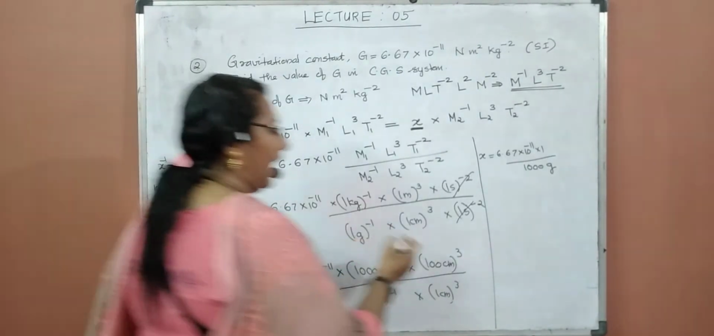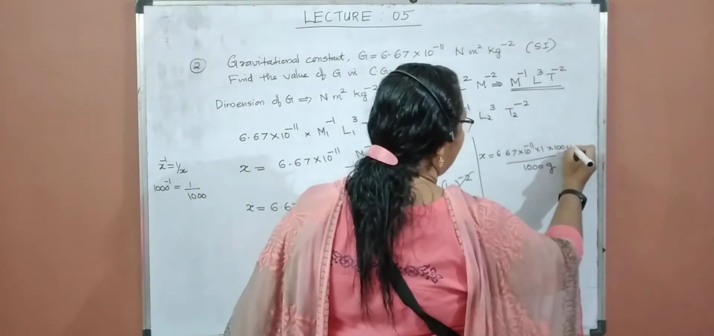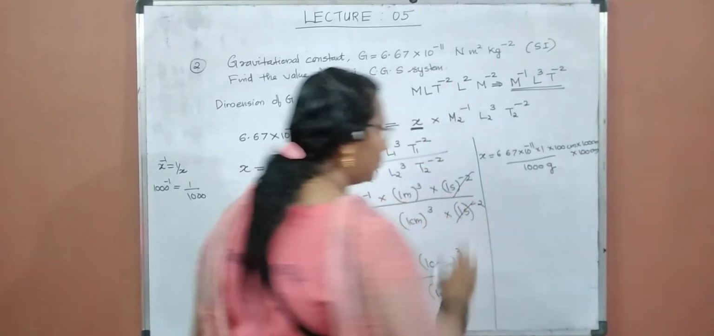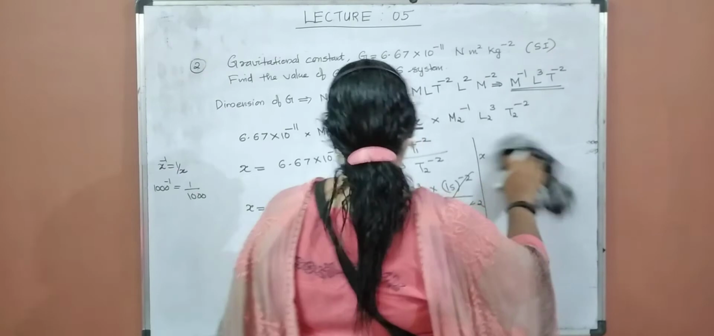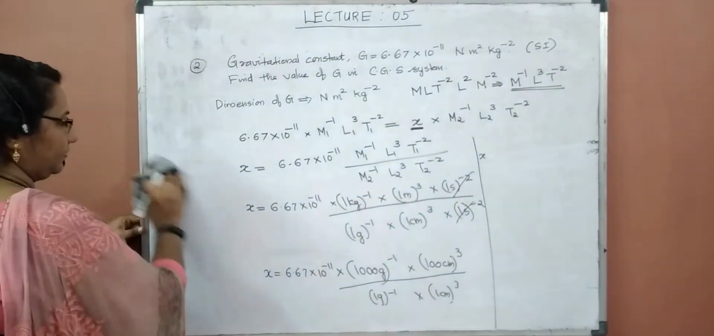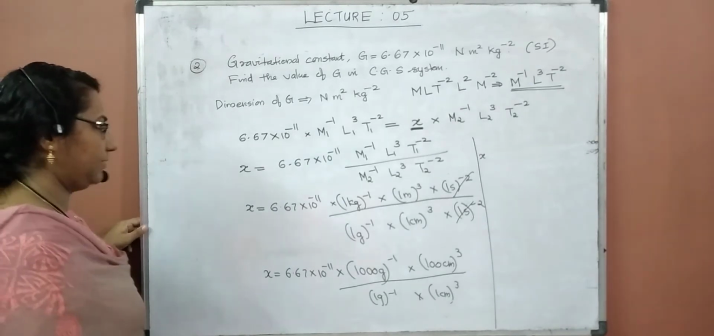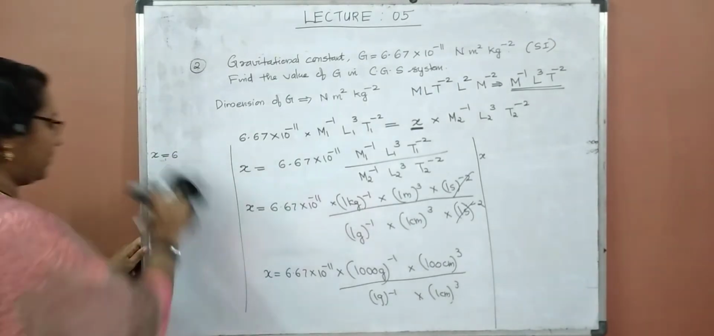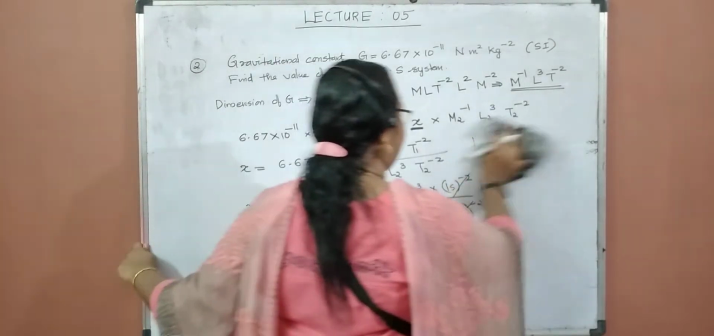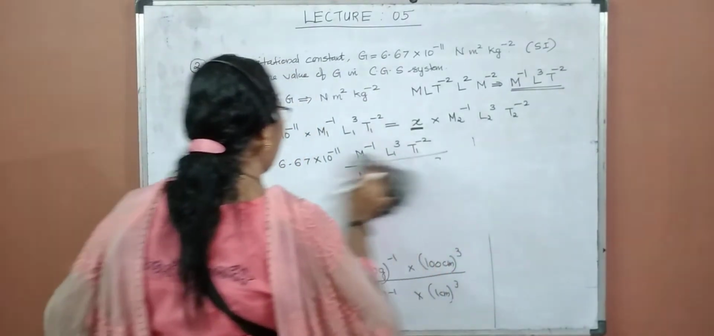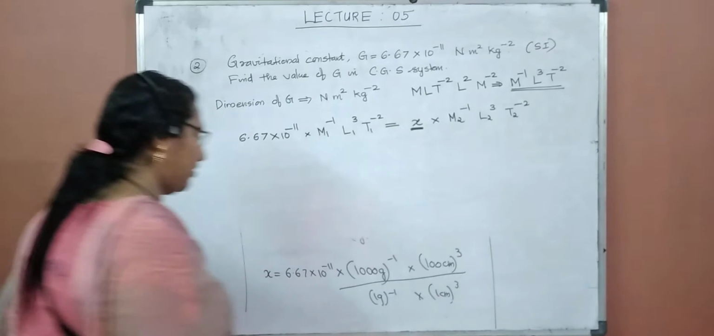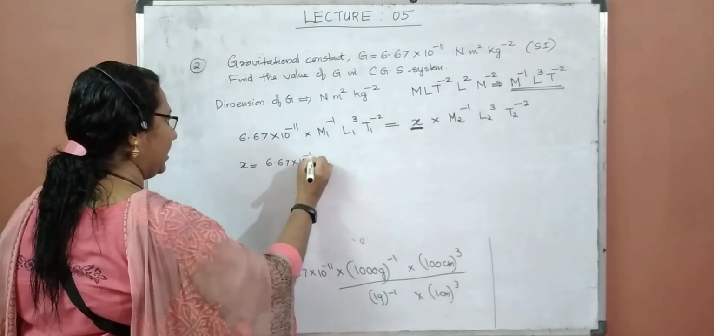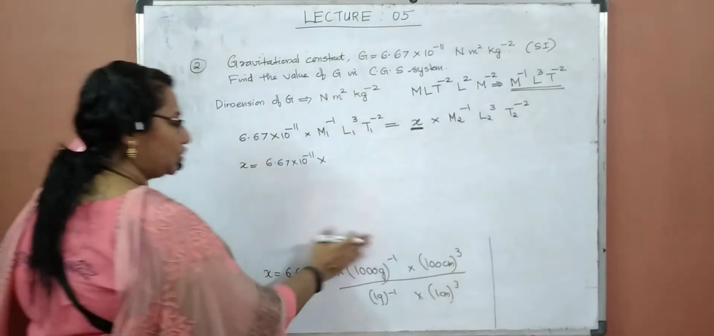1000 gram raised to minus 1 means 1 by 1000. 100 centimeter cube: 100 centimeter into 100 centimeter into 100 centimeter. Is it clear? Okay, may I write from this? Hoping you have paused the video and you may write this. X is equal to 6.67 into 10 raised to minus 11 into 1000 gram raised to minus 1 means